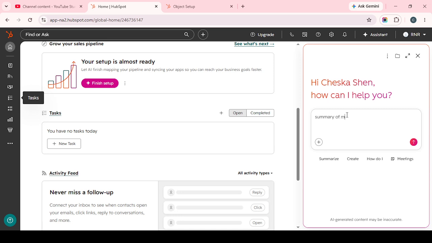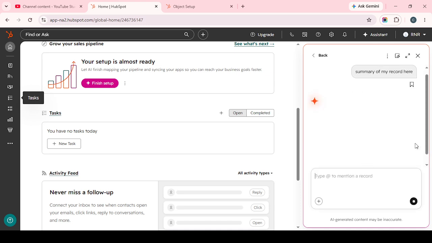straightforward requests. After you submit your question, review the response that appears on the screen. Breeze AI will instantly generate either a data analysis or a record summary, depending on what you asked. Take a moment to read through the result carefully so you can confirm that it matches your intent and reflects the information you need. This is especially useful when you want a quick overview without opening additional panels or switching